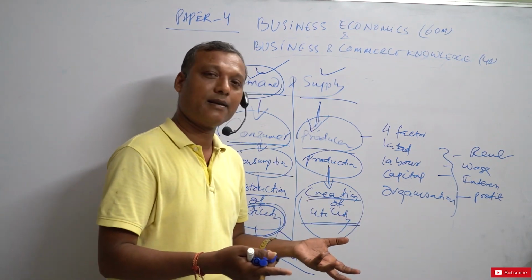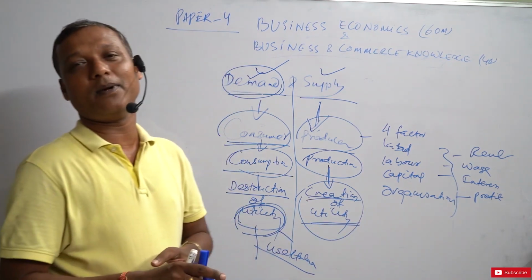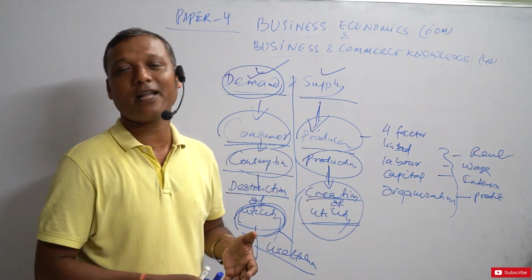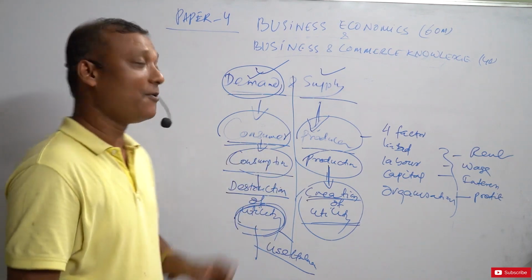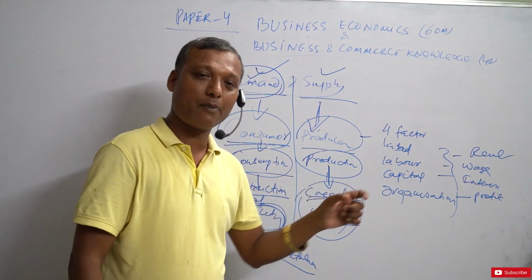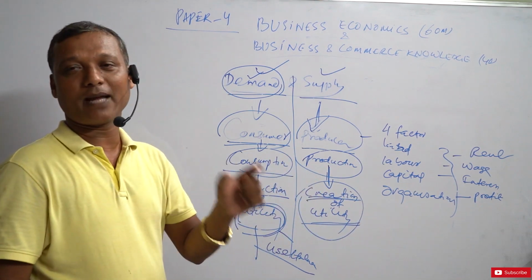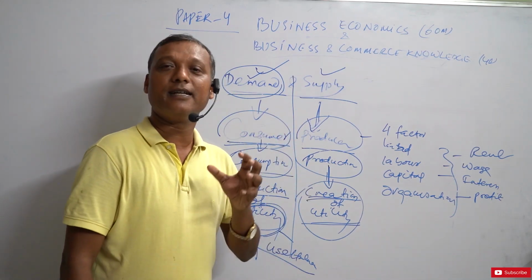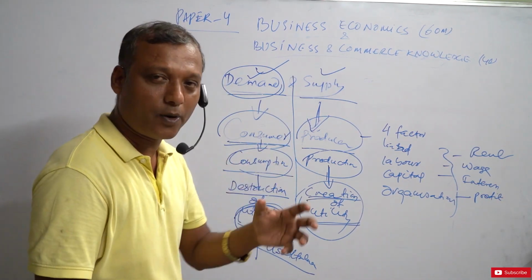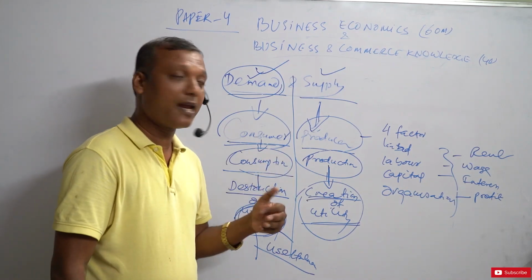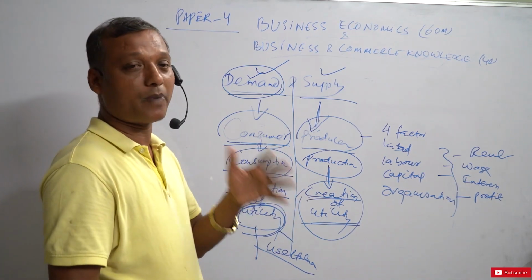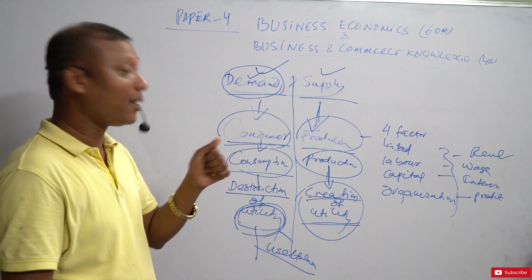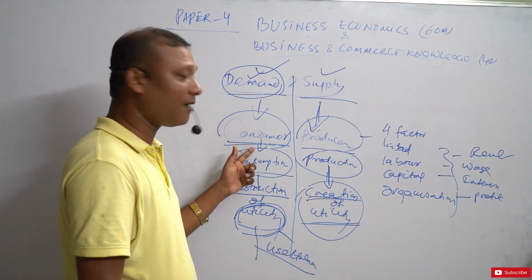For a beggar, also, demand cannot be fulfilled because he is having willingness to pay, but he is not having capacity to pay. So, when the two elements go simultaneously, then only demand can be fulfilled. You understood? Demand refers to the desire, the expectation of a commodity, backed, supported by willingness to pay and capacity to pay. That is the actual meaning of demand in economics. And I told you, demand is the prime responsibility of the consumers.